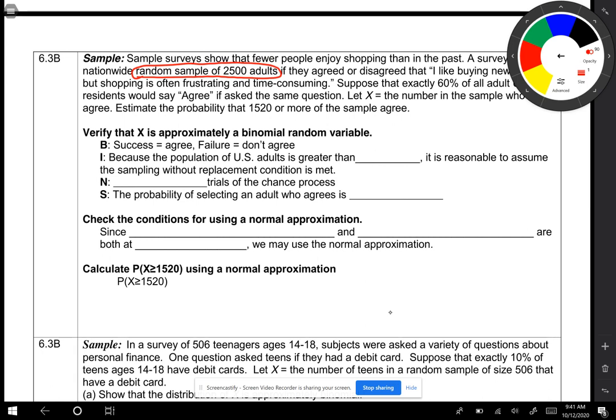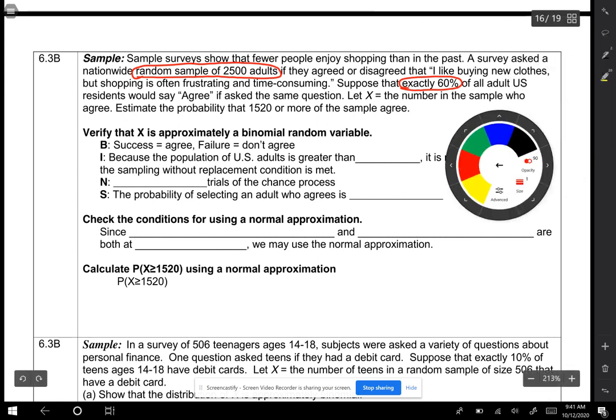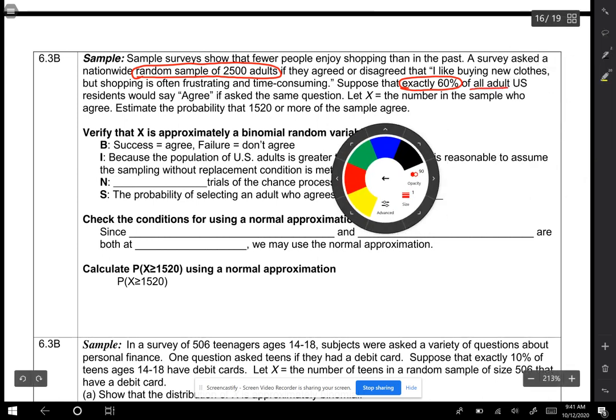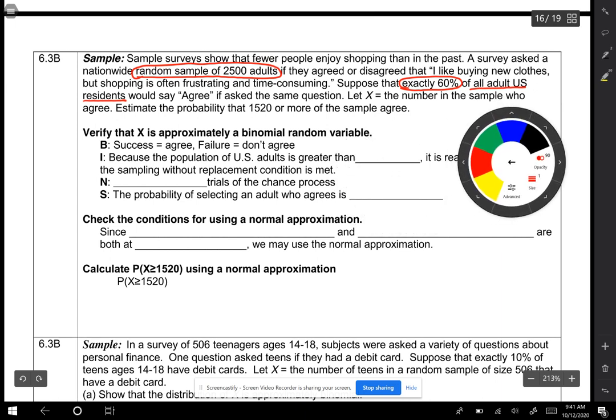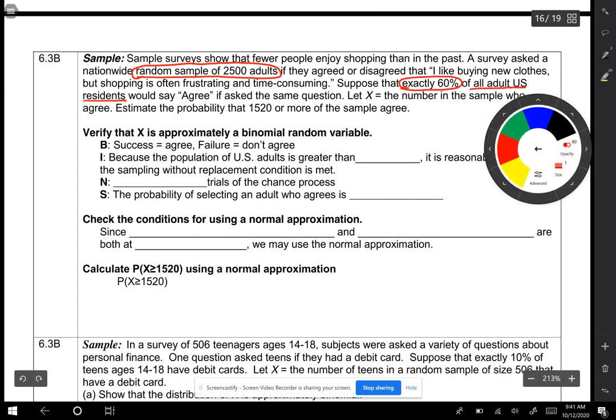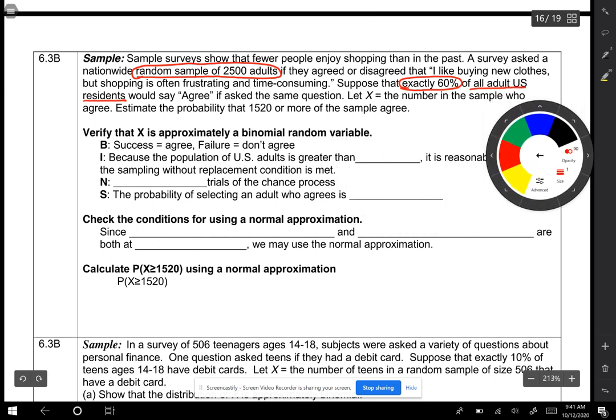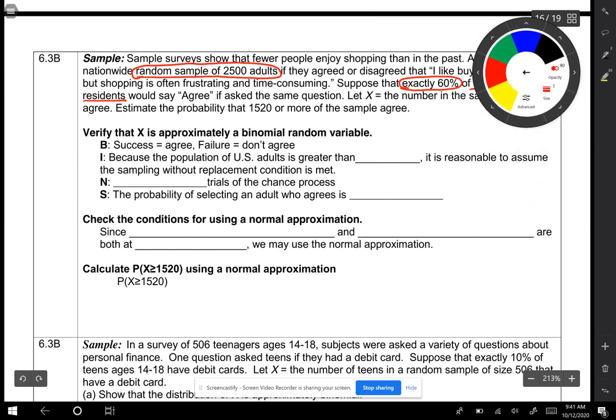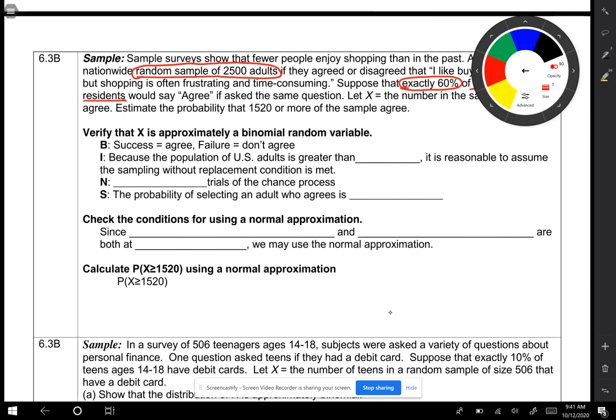Suppose that exactly 60%, 0.60, of all adult U.S. residents would say agree if asked the same question. Let X equal the number in the sample who agree. Estimate the probability that 1,520 or more